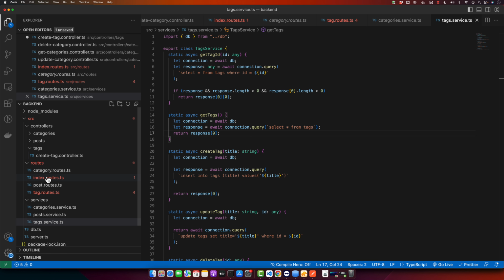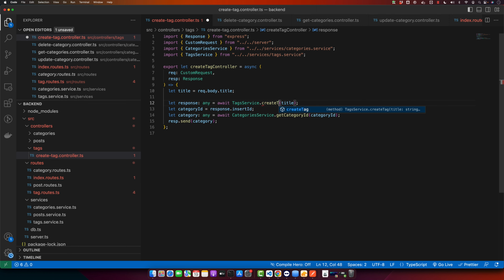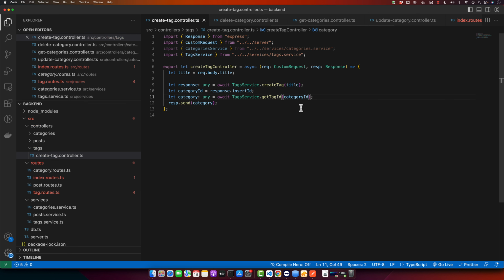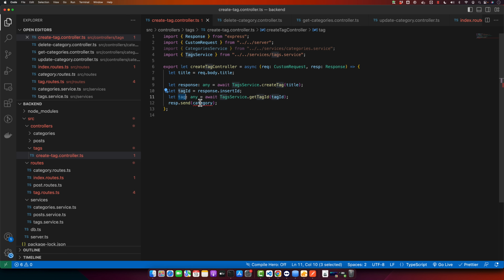So now go to the create tag here. I will replace it with the tag service and use create tag. So I will put it here. I will use get tag by ID, and instead of category ID, I will use tag ID and paste it here as well. And this will give me a tag. So it gives that tag back. Now I will